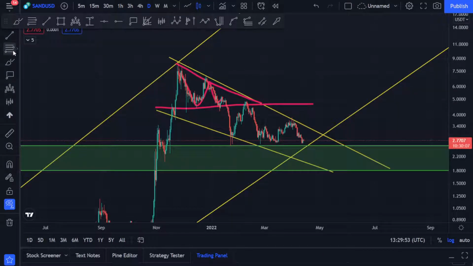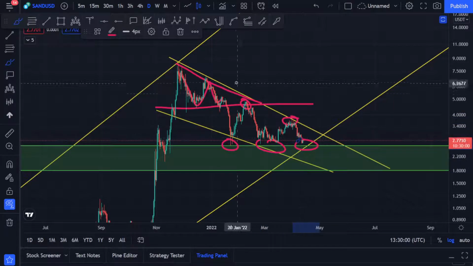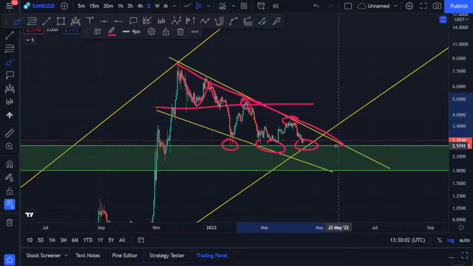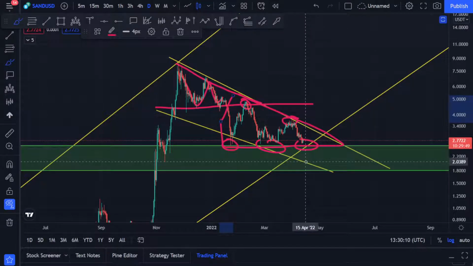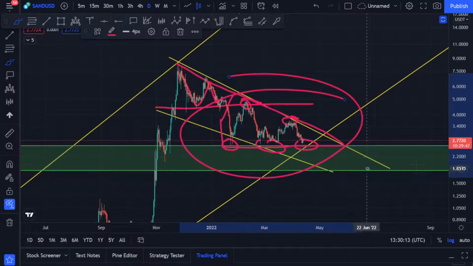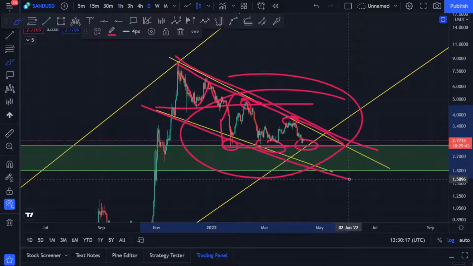And then now you can clearly see this point and these points over here, okay. We have a lower highs formation and then we have this area of support, okay. Now you can see that this is also taking the shape of a descending triangle, okay. Now this is a bearish pattern, no doubt about that, but you can see this falling wedge formation coming